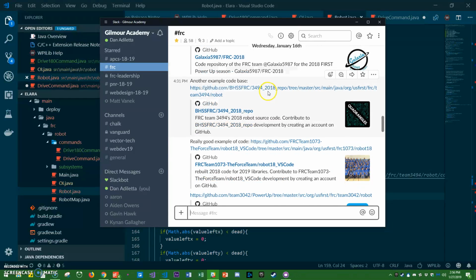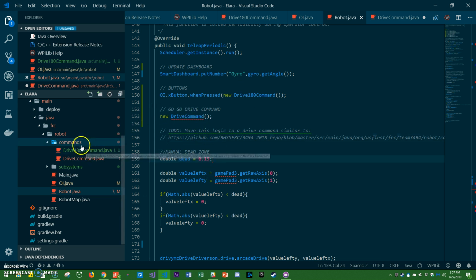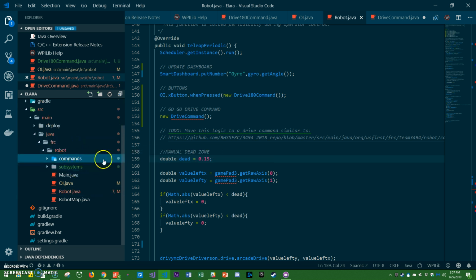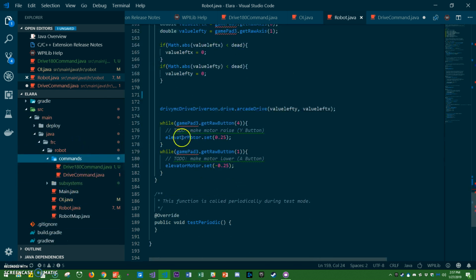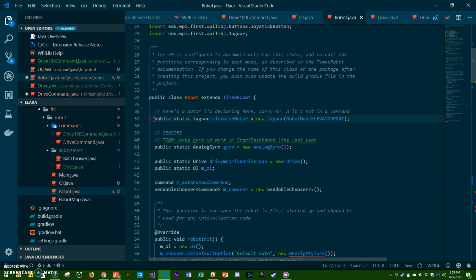These teams' use of PID controllers is still kicking my butt. And while we're struggling with that, we're also trying to learn how to use this command robot pattern. So let's take a look at how we ran this last attempt to move the elevator motor and why this was dangerous. Our first problem is that we're defining the motor right here and not creating a separate subsystem for